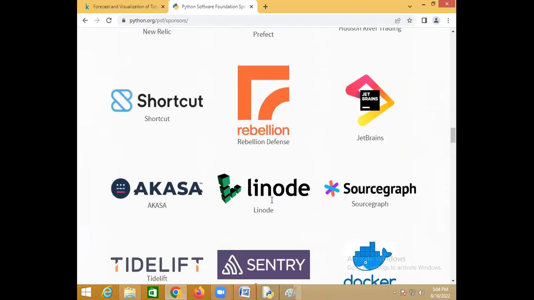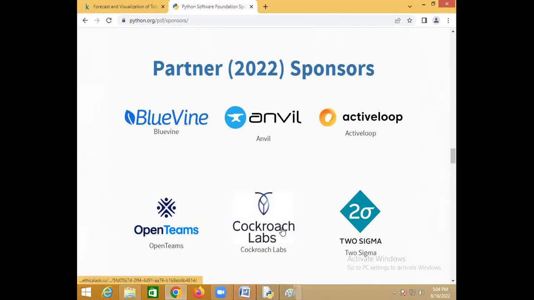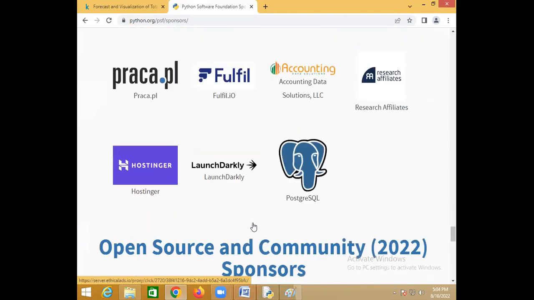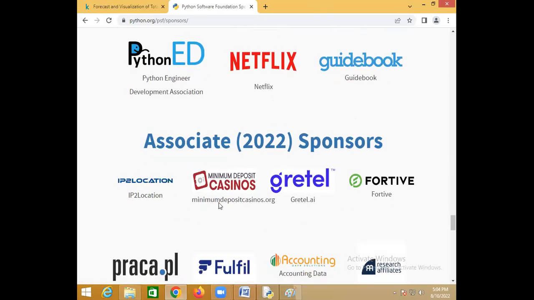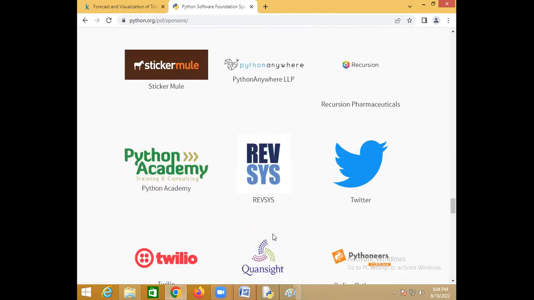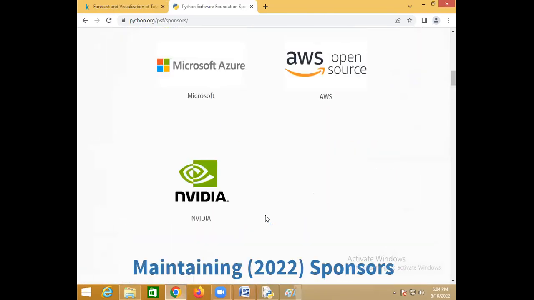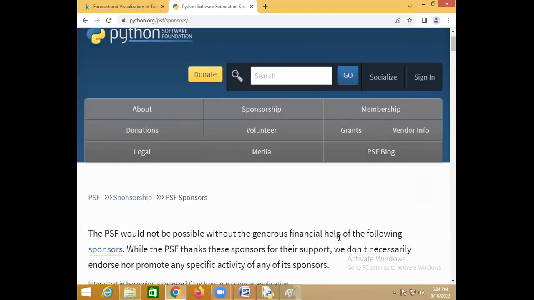So many big companies are involved in the development of Python. Netflix is there, and so many companies are there. These people are called sponsors, those who provide grants and other things, right?